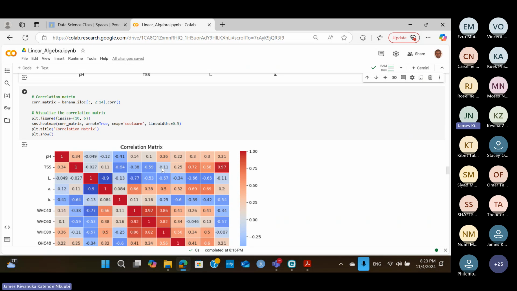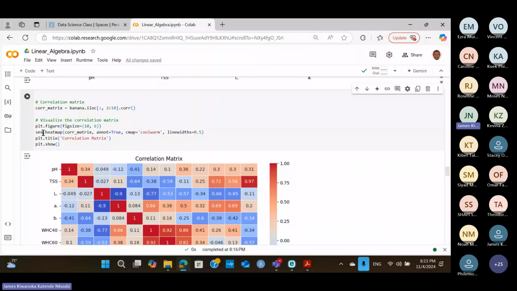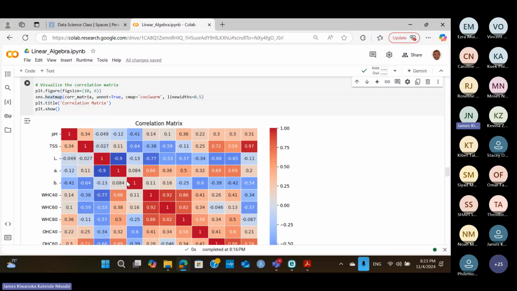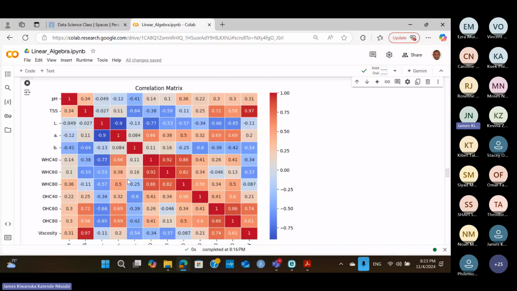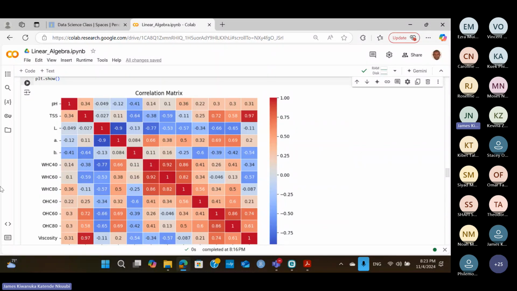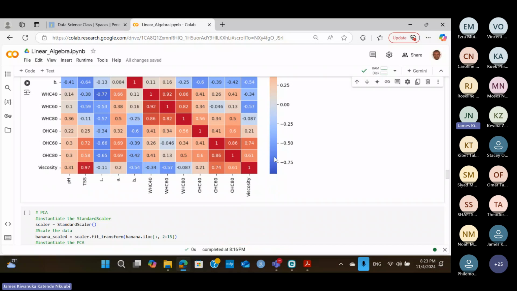So this correlation is done using the heat map function from Seaborn. We imported Seaborn as SNS, so we can use that to get the correlation. There are other ways to get the correlation, but I think this visualization makes it easy to see what's going on. Using this bar, you can easily tell which ones are high and positive, which ones are large and negative. So the blue ones, as you go to the darker side of blue,